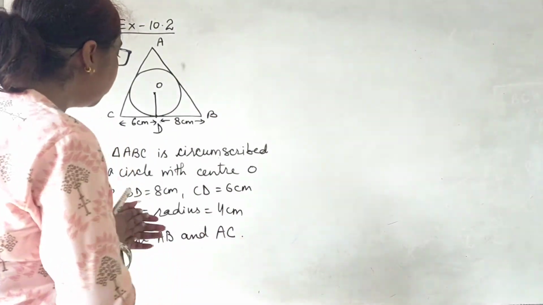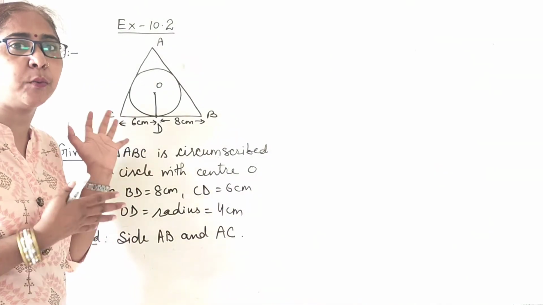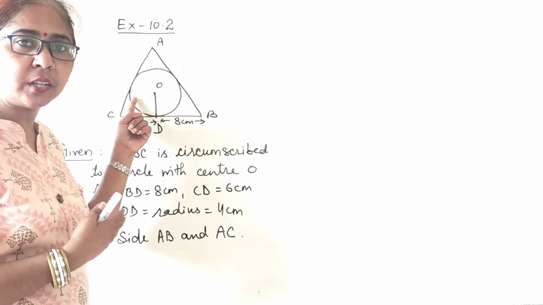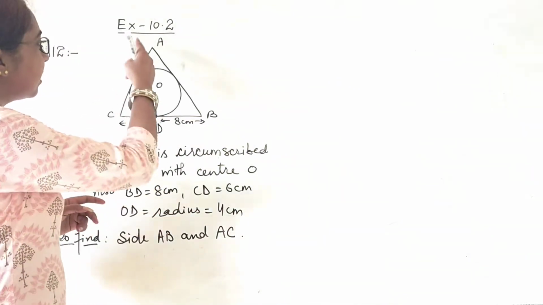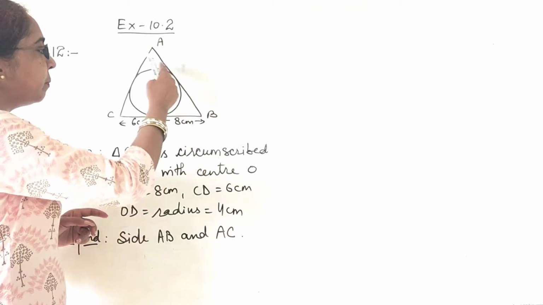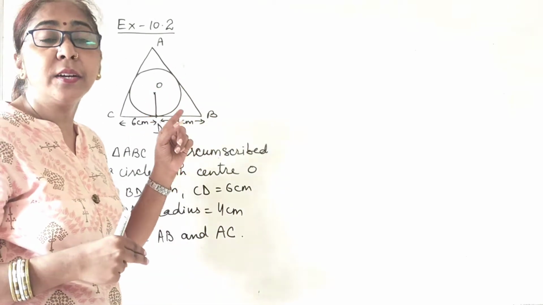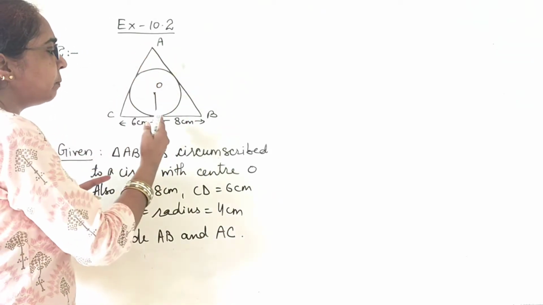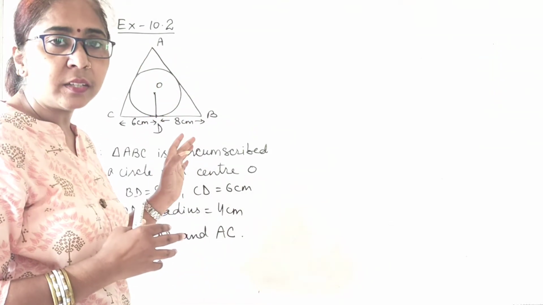Okay, I hope you are ready to listen and watch so that you can understand what is in the question. What is given here? There is this triangle ABC which circumscribes this circle with center O. Also, if it is circumscribed to the circle, then